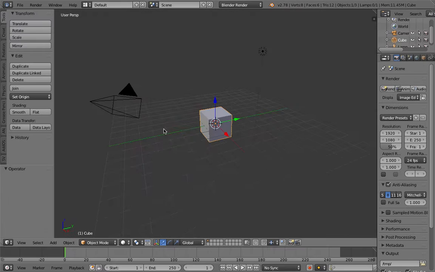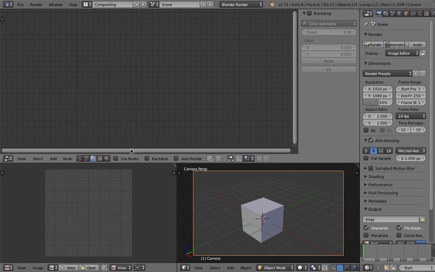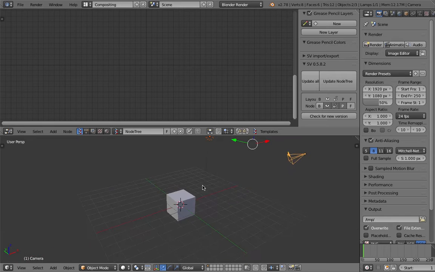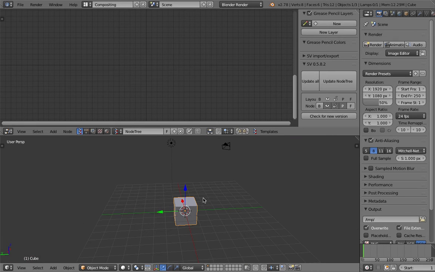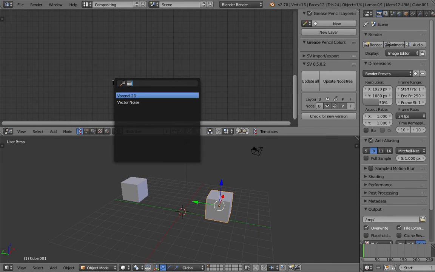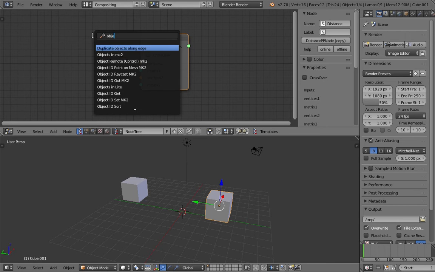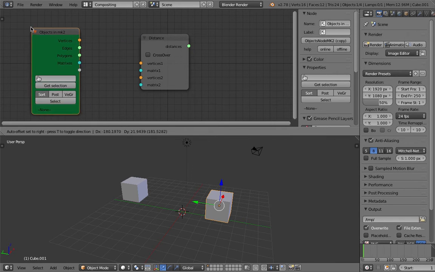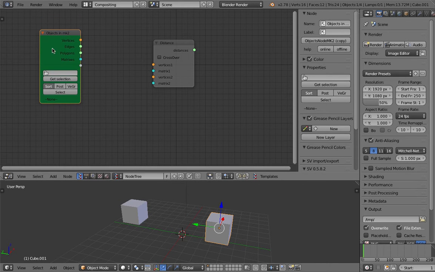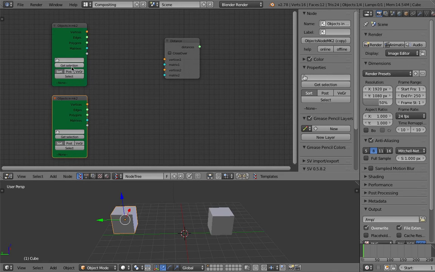So I'll start from scratch. Go to compositing, turn on Sverchok. We can easily measure two objects in the scene using this node. It's called distance, and we're gonna need objects in node. You can use a single objects in, or you can use multiple. Let's say we use multiple,